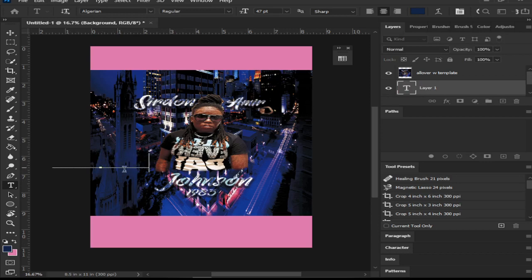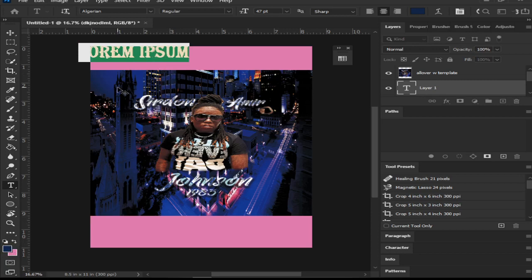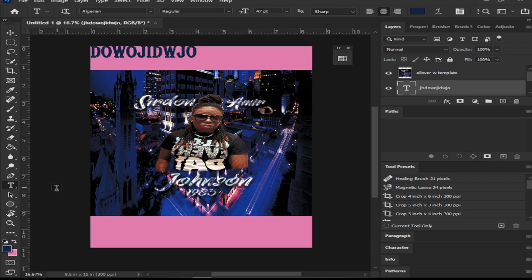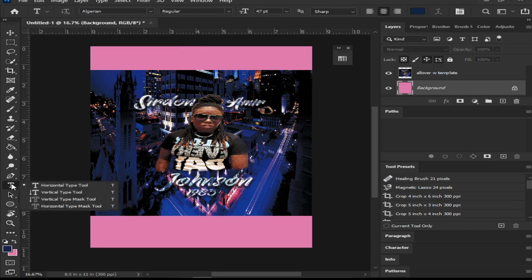Now you cannot see my letters because, as you can see, my foreground color is blue, so you cannot see my letters because I'm writing on top of blue. But if I were to write right here, you can see. Okay, and if I hold down, then you have the vertical type tool, you have the vertical type mask tool, the horizontal type mask tool, all within that preset. Okay, and the shortcut key for it is the letter T on your keyboard. Alright,